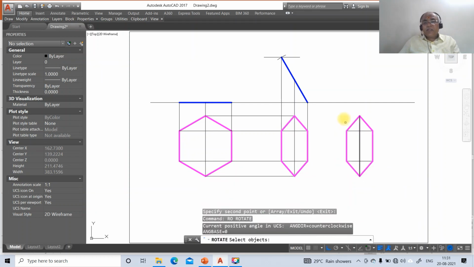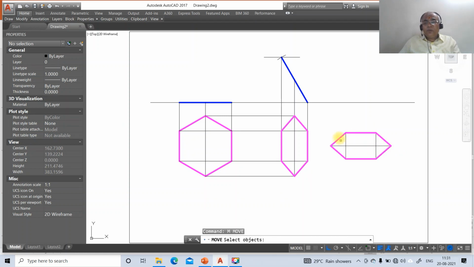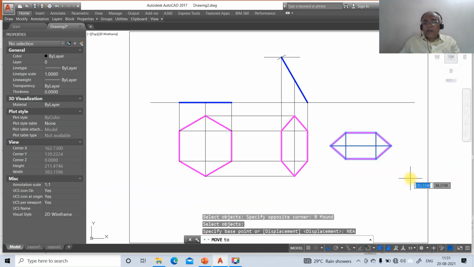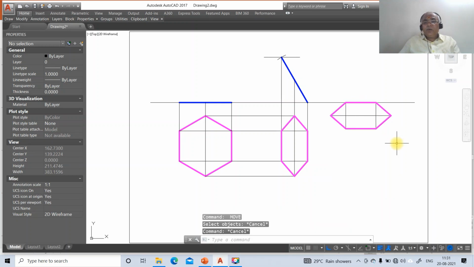Then go to rotate, select this entire thing and rotate it by 90 degrees. Then go to move, select this, then go to nearest, and from here take perpendicular to this line. Then erase this line, then go to line, take INT of this and take the intersection point of this. Similarly, go to line, take INT of this and draw a line. Now take line, take INT of this, and from here take this line also